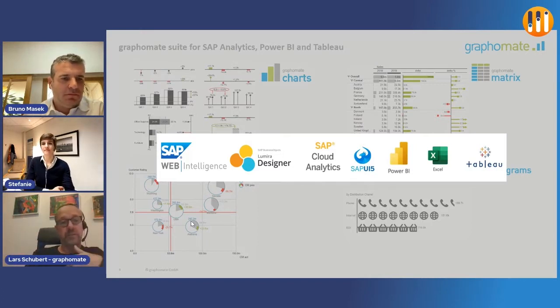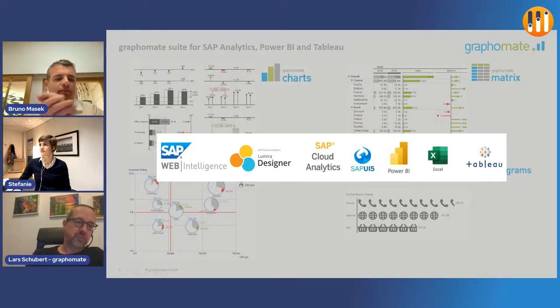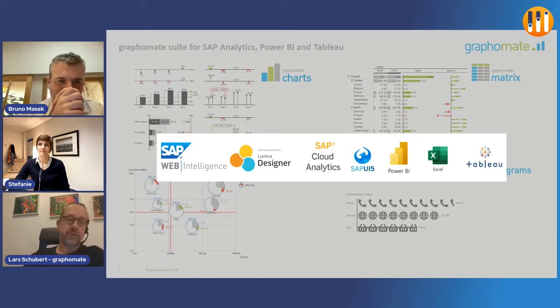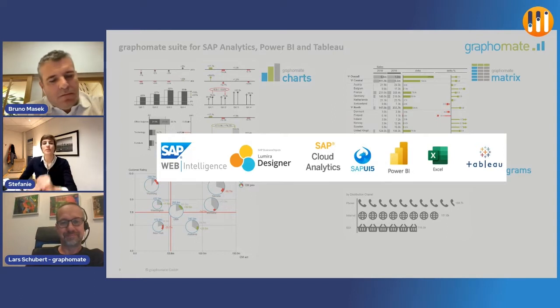So this is quite easy to manage. I have heard many times that some charts look like this in one tool, and these charts look completely different in other tools. With us, everything is exactly the same. Even the user interface we built is the same. Sorry, Stephanie, just to mention. Yeah, that's a good point.